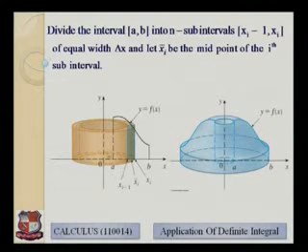As we have divided the whole interval a to b into n sub intervals like x0, x1, x2, likewise I have considered one ith interval, xi minus 1 comma xi, of equal width delta x, that is the difference between these two strips. Let xi bar be the midpoint of the ith sub interval. We are considering xi bar here as the blue line. You can see that this is xi minus 1, xi, and xi bar is the midpoint of these 2 strips.